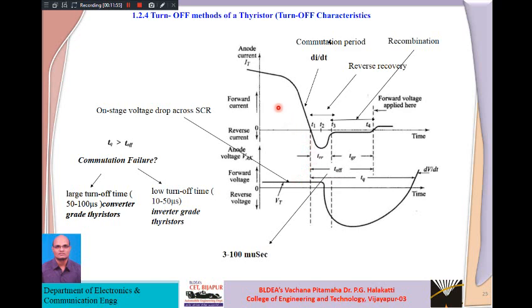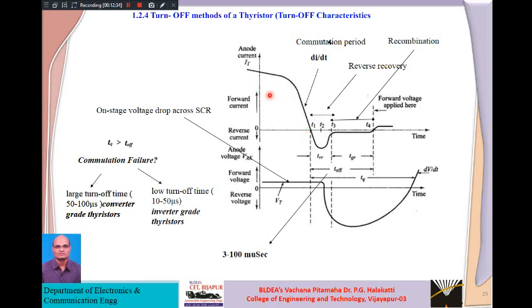Now you can see this figure, it indicates the timing diagram to understand the turn off characteristics of the thyristor or SCR. These things will come later. Later we'll see how we get the failure of commutation. Just now we discussed it, and in detail we can discuss it once again with respect to this timing diagram. Now in order to understand this timing diagram, listen here carefully. I am explaining the important things here, to better understand the turn off characteristics we are using here.